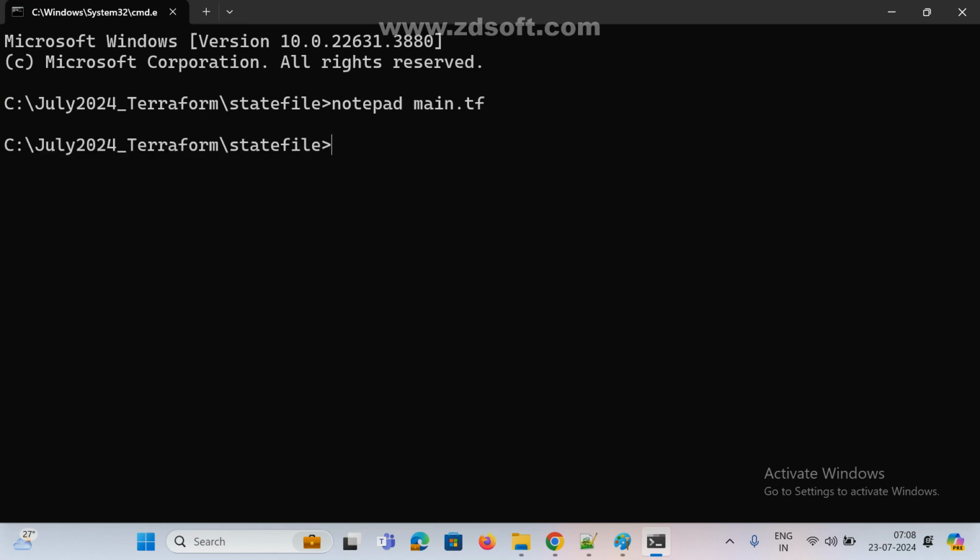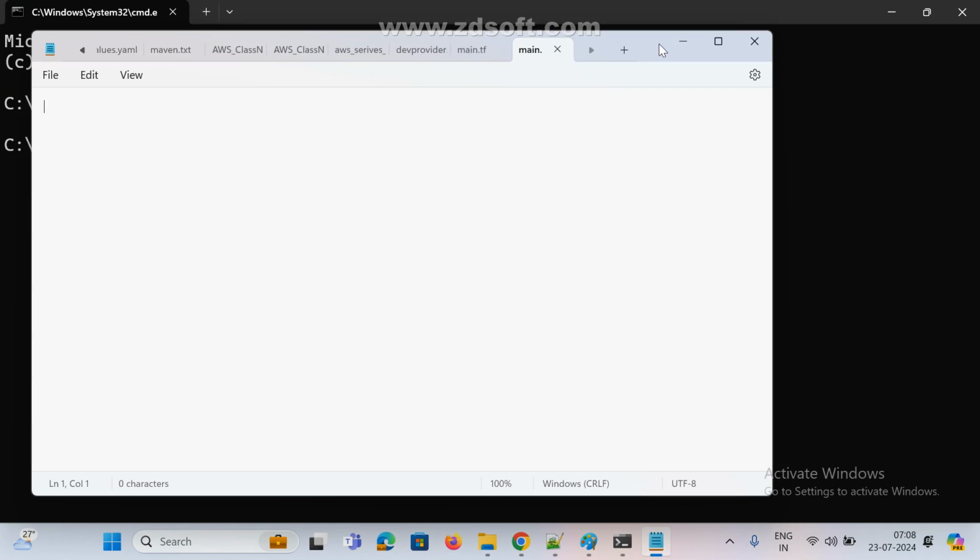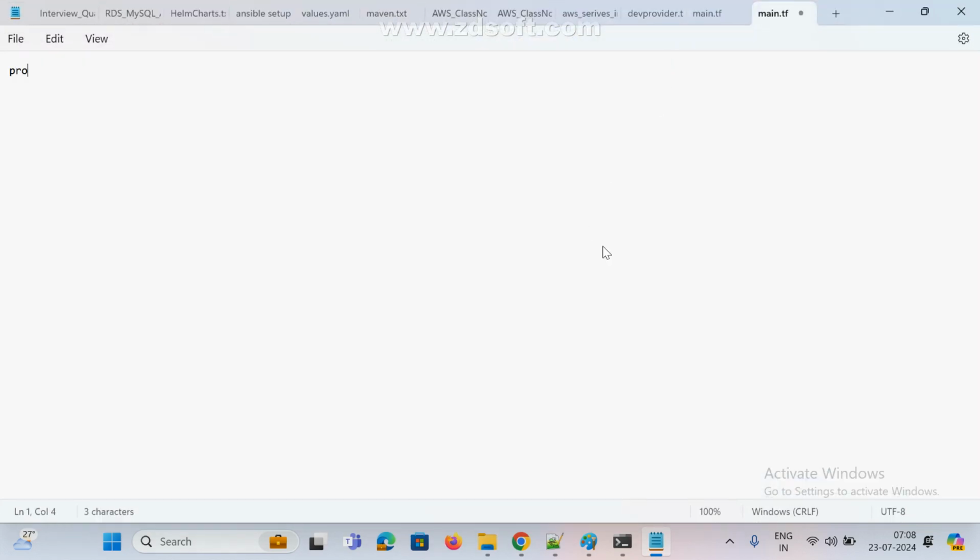Now what is the first block, guys? First block, provider, right? Under provider we need to give the provider name, AWS.